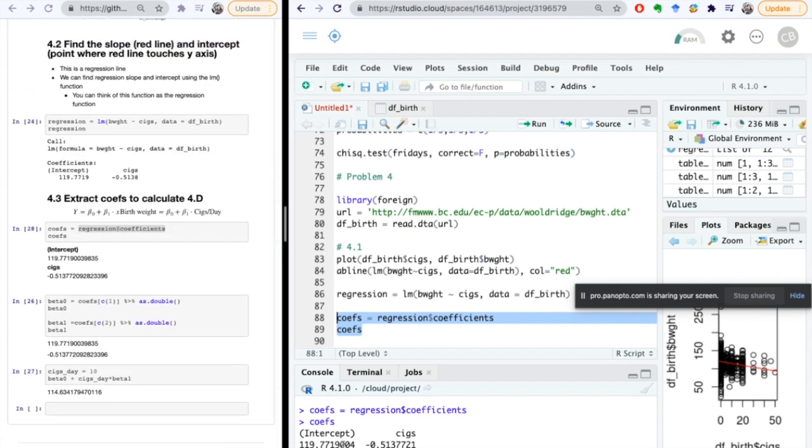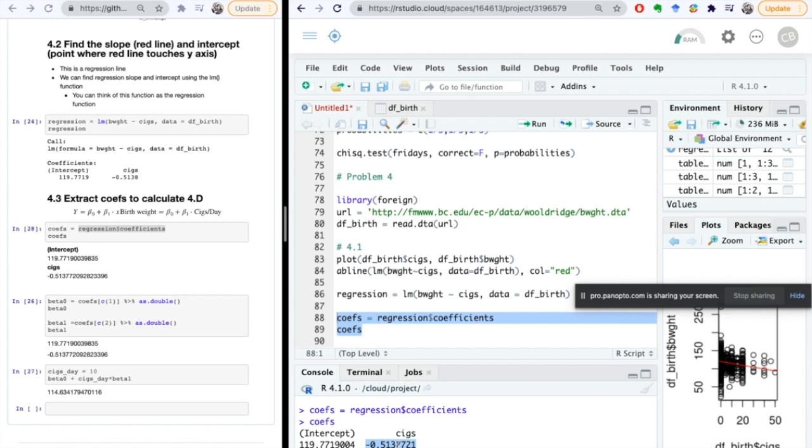And so what this is telling us is that when a mother smokes 0 cigarettes, the baby is on average 119. I think maybe this is kilograms or something. And then that's the birth rate. But as the mother smokes more cigarettes, so an additional 1 cigarette a day would decrease the baby's weight by